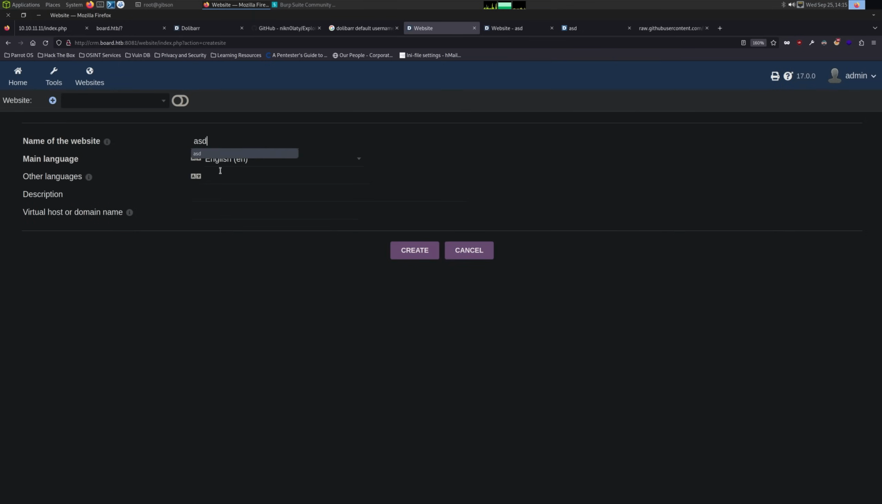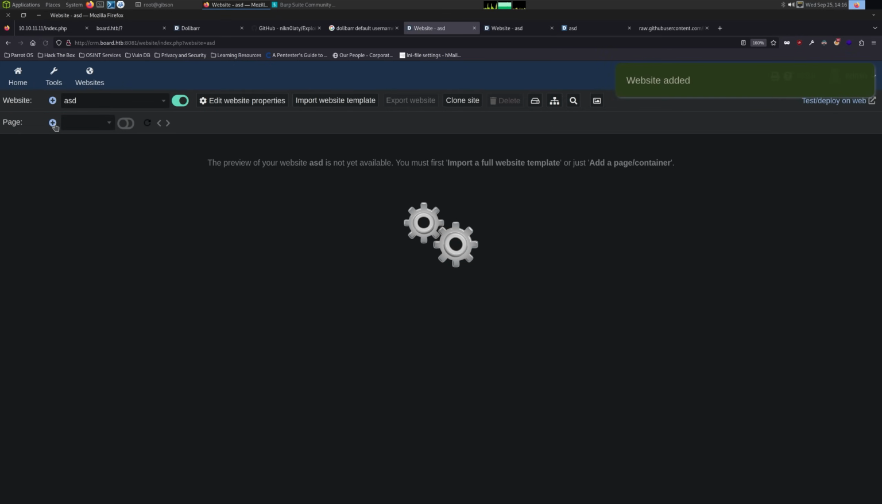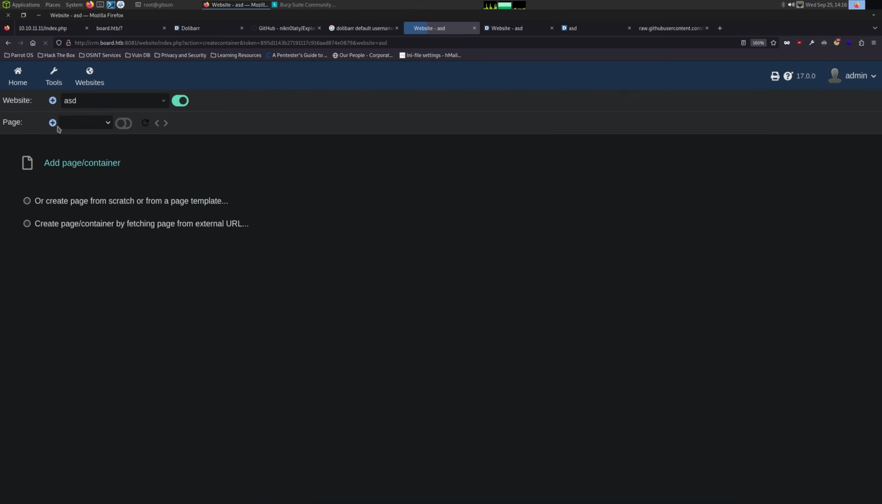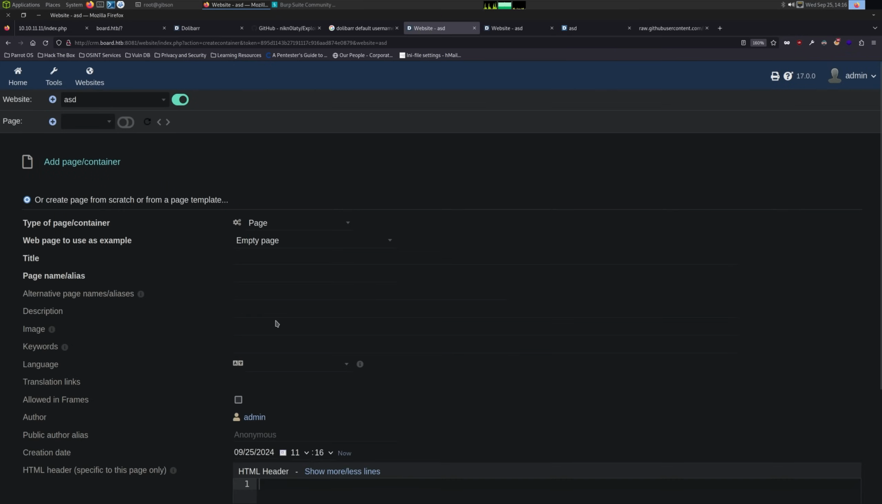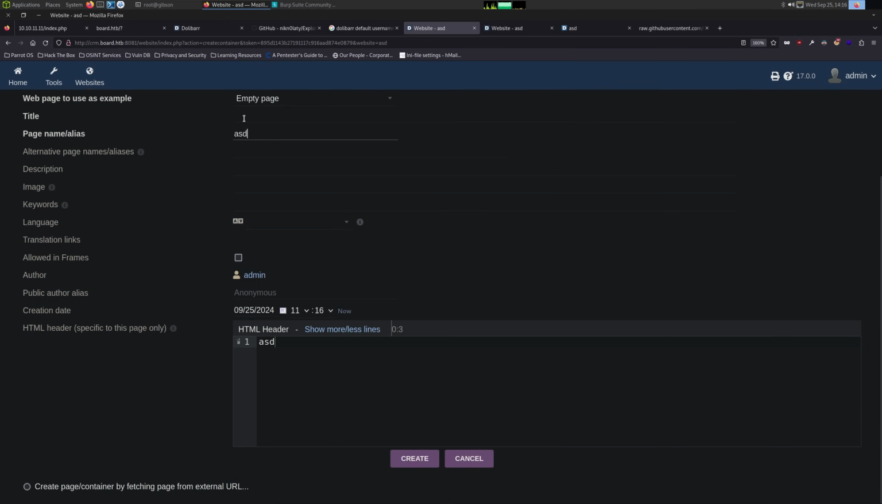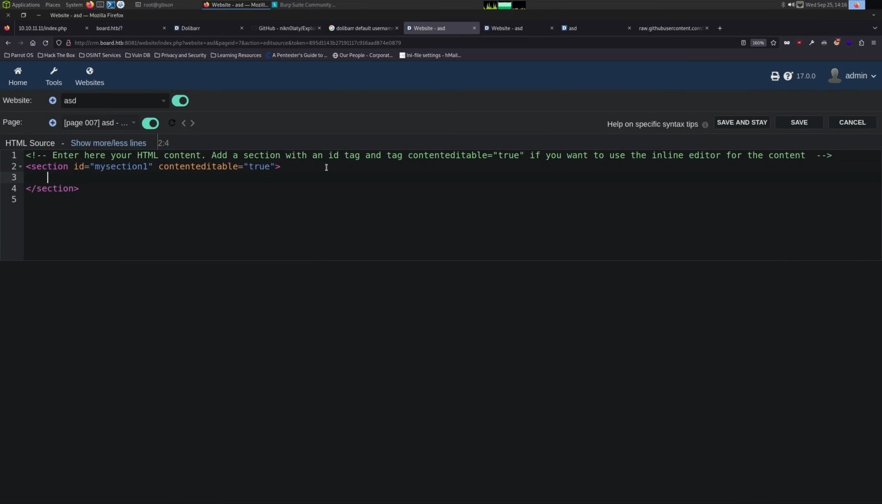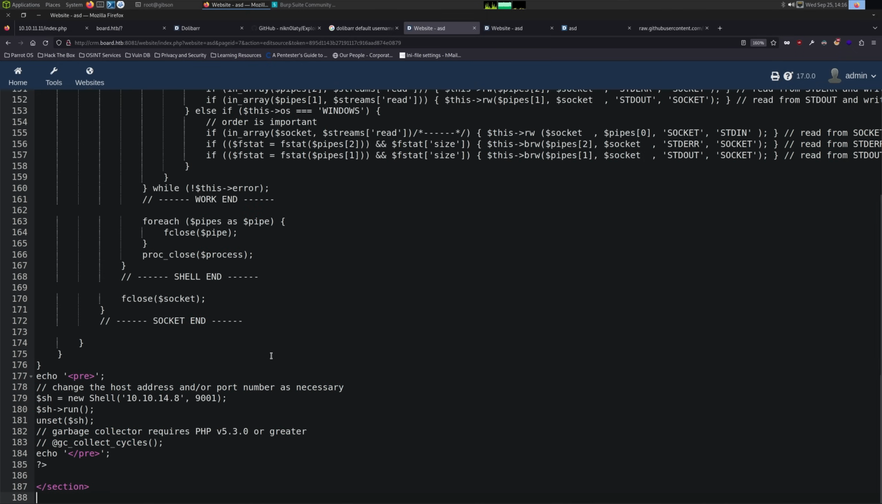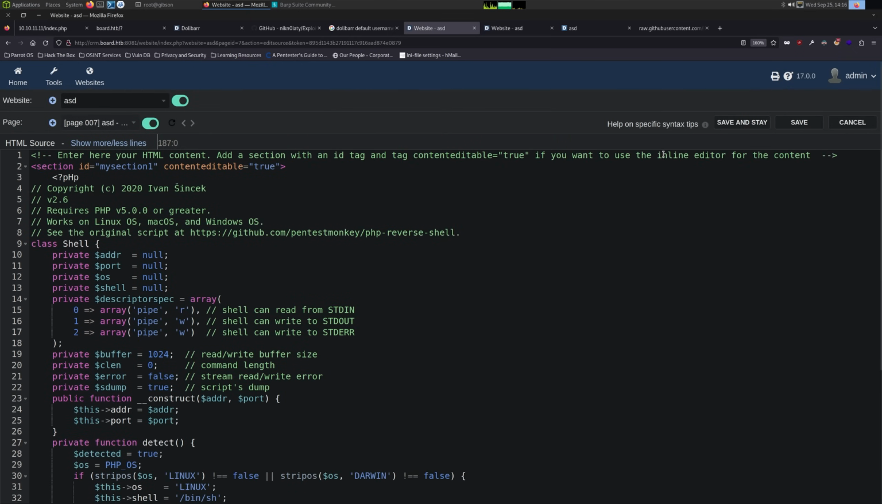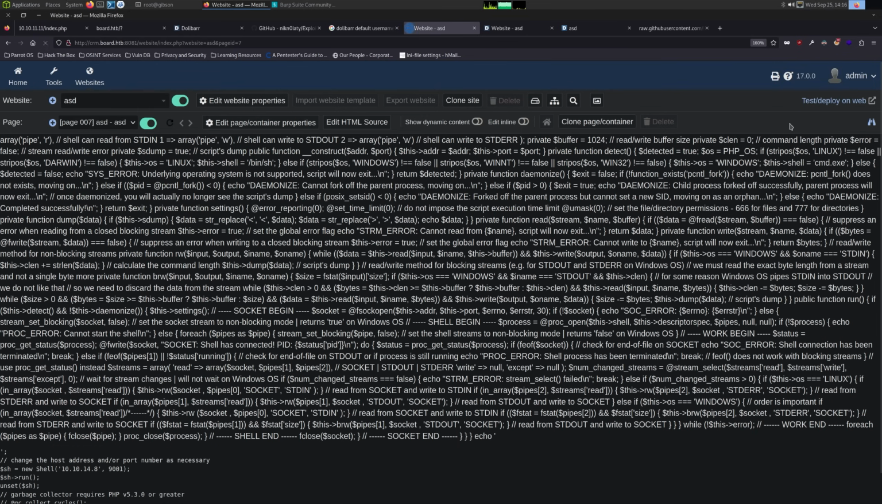And it says no website has been created yet. So it looks like some type of cleanup cron came in and deleted all the websites. So let's just go ahead and quickly recreate it. So we create that. We create a page from scratch. Give it a name and alias. Then we can edit the HTML source and paste in our script. So if we do save,